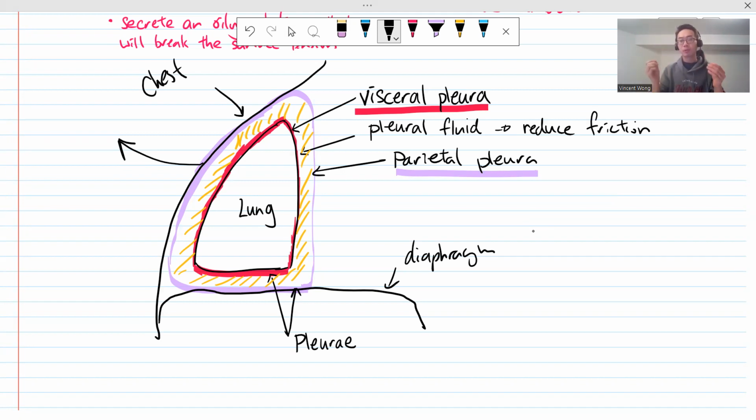And because of the pleural fluid, because of the surface tension, it will pull the red layer along with it. Okay? So the pleural fluid, not only does it reduce friction,